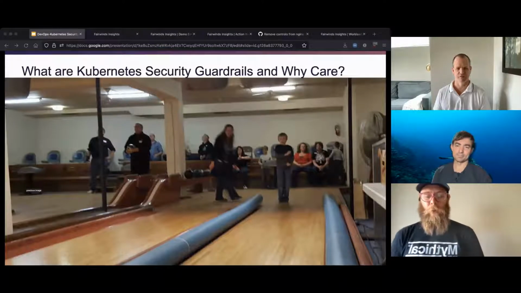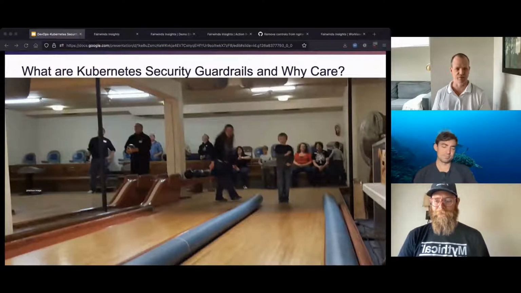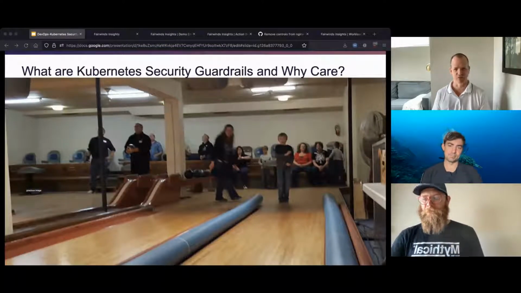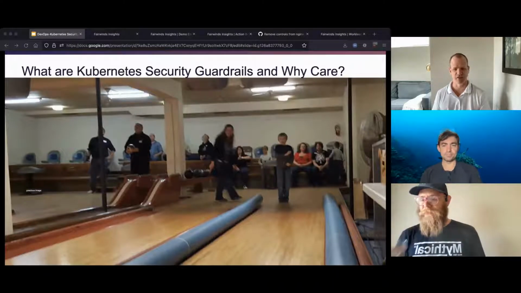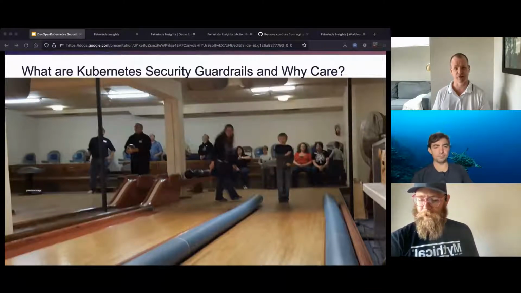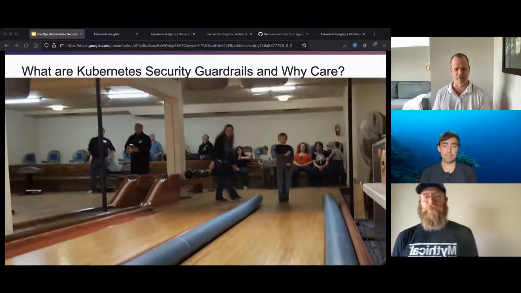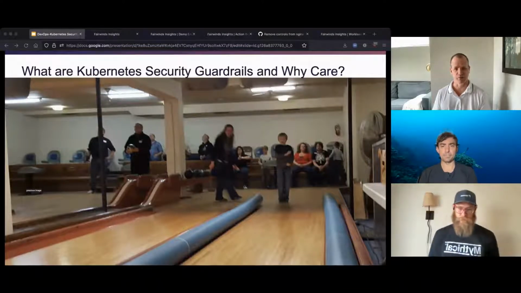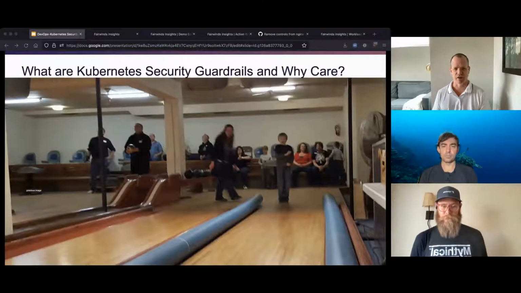Yeah, so do we care? I think that guardrails help keep folks enabled to do what they need to do using something like a Kubernetes cluster, since this is what we're here talking about. And they allow you to do what you need to do while providing you softer, bouncier, safer edges, on the other side of which are things that are dangerous to your organization, your business, your data, your application, your uptime, and your security.